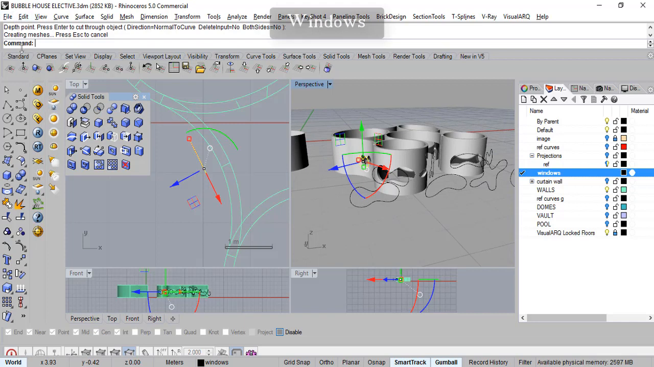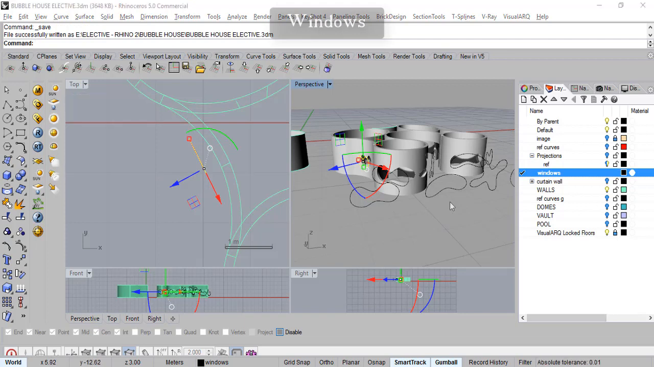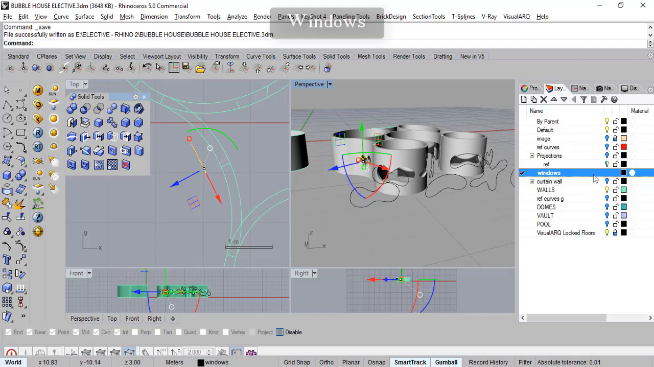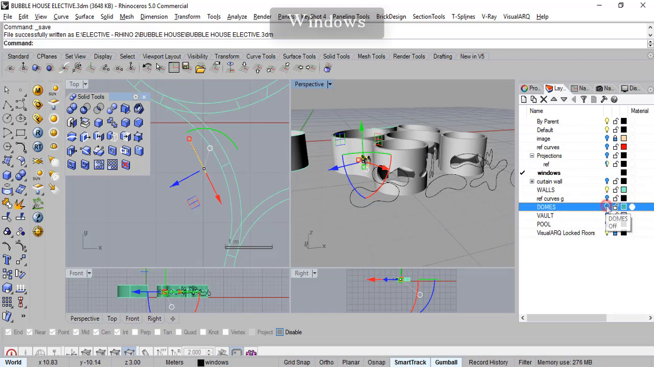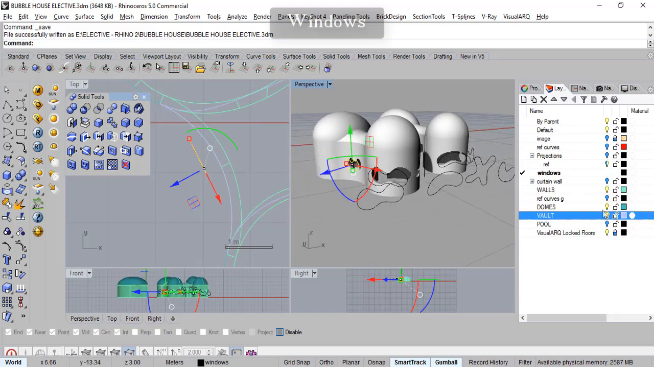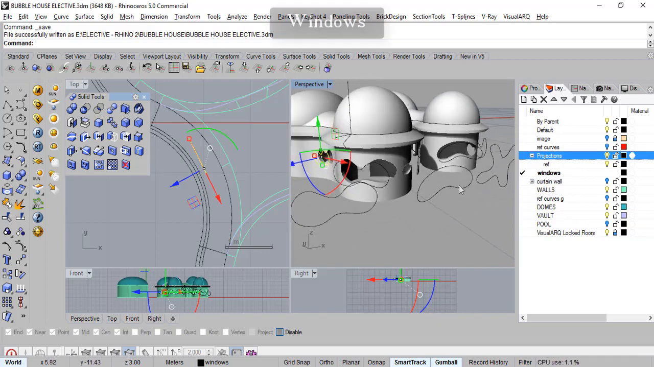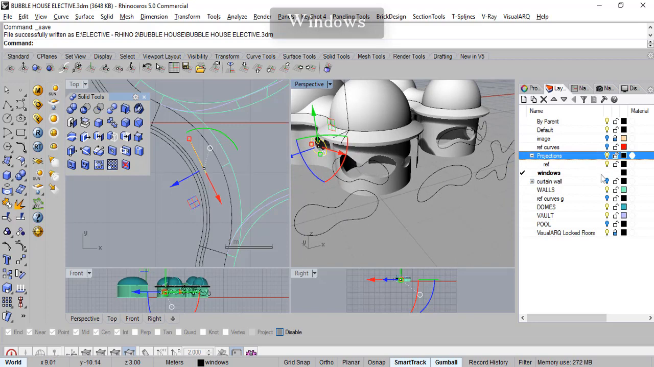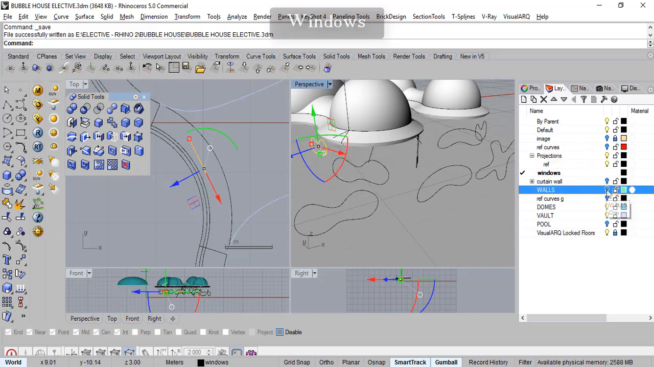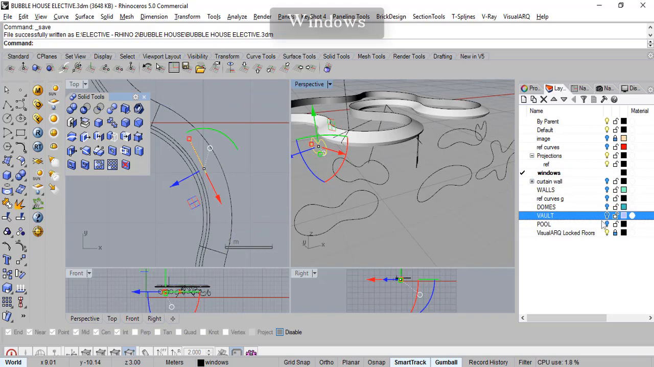Let's save the session. And let's just have a look at the entire building again. Put your walls on. Domes, walls, projections. It's pretty good, and we put the windows layer off. We can't put it off, but we want the curves to go off, so let's just put all the layers off again,